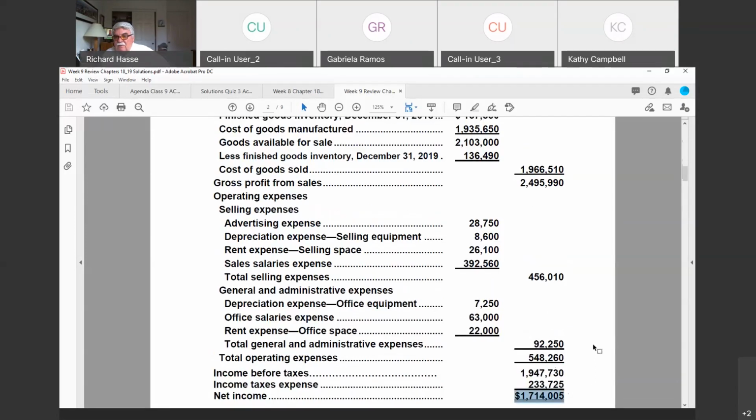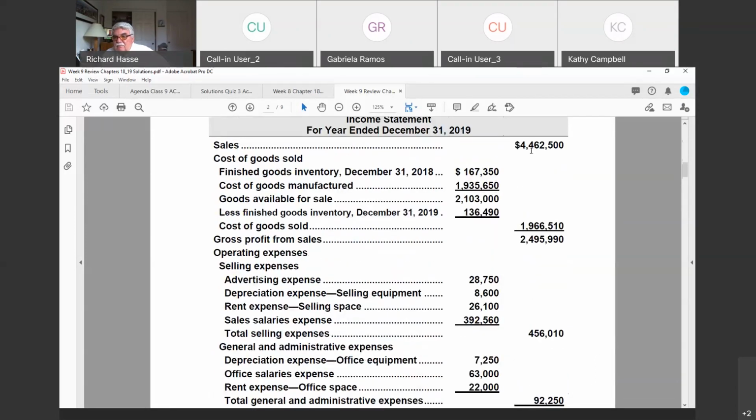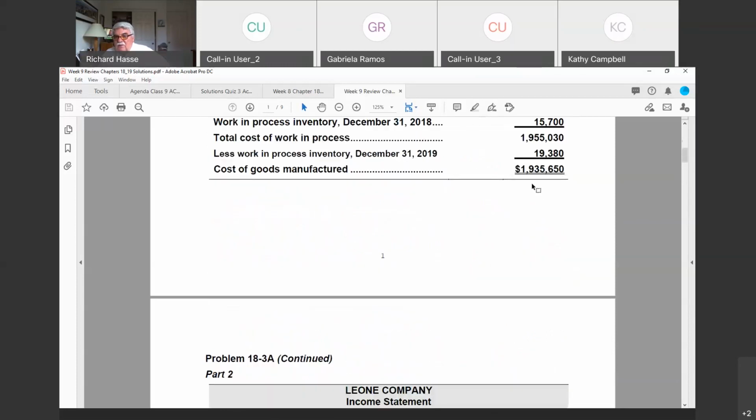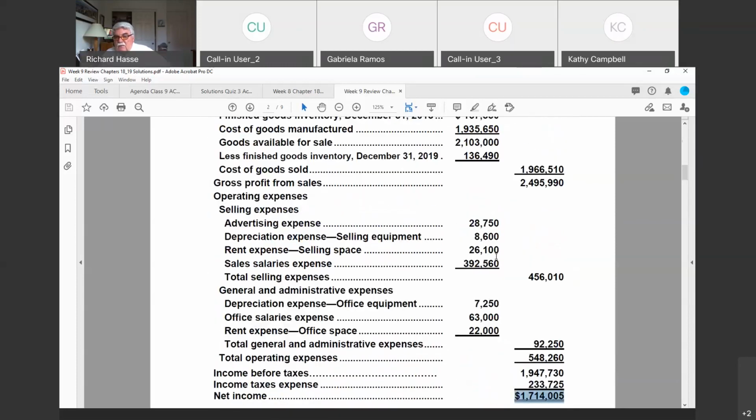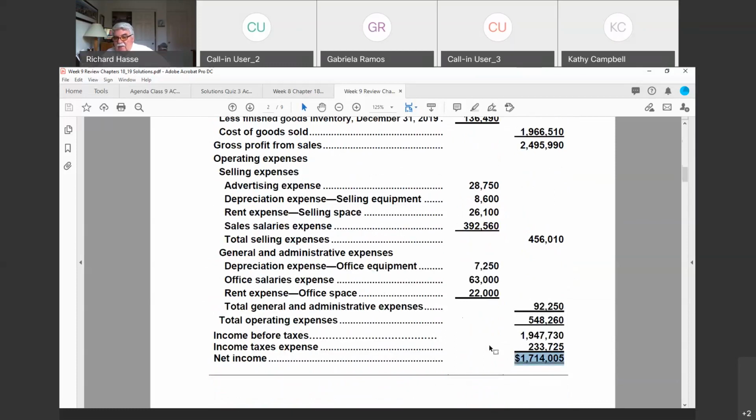Why are we making a profit? We know the market we're selling in. We have an idea of what it costs us to produce and provide for backup or intercompany services. We manage all that correctly and we pay Uncle Sam and Uncle Louie. There's our profits. That seems so easy, but so many companies have a very difficult time getting a handle on that. And that's why you're studying it here. Because if you go on into a marketing class, one of the first things a marketer wants to know is how much are we marking our price up over cost? And will our customers buy that product? Right?